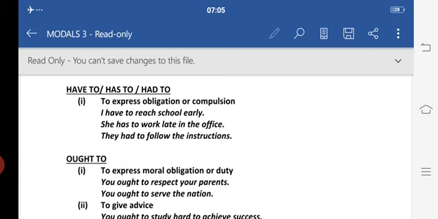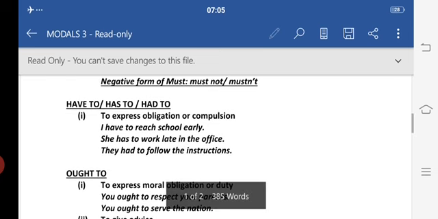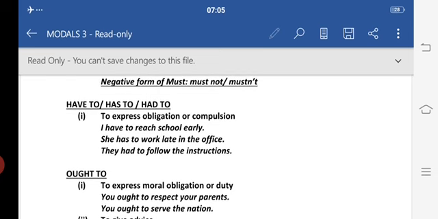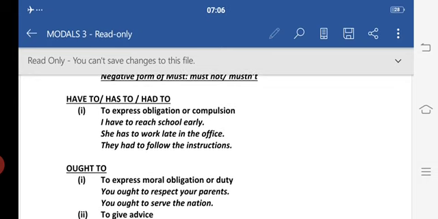Now one more thing, when we have to frame questions, it is more common to use have to instead of must. For example, when do we have to finish this work or this report? Now here you are asking a question, so we will not use must in framing questions. Instead of must, we'll use have to or has to according to the subject. Now the past tense of must is had to, as I have told you. For example, I had to complete my sister's work yesterday. Now here I am talking about something which I did yesterday, so I cannot use must here.